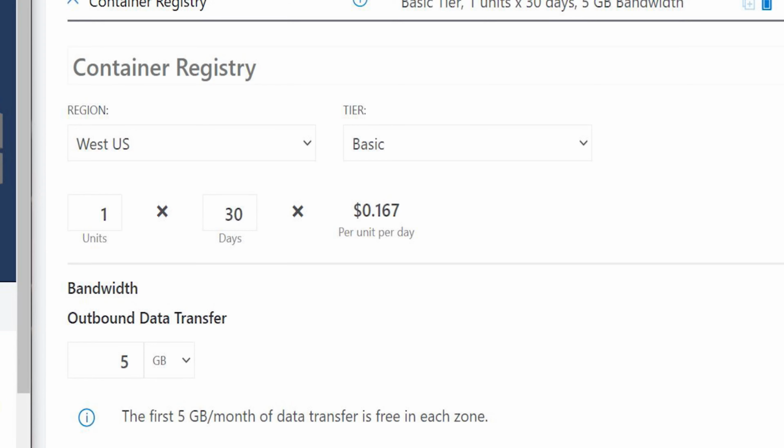So basic being 10 gigabytes as its top end, 1 unit equates to 10 gigabytes. If you were to pay for 2 units of the basic tier giving you 20 gigabytes, which is again how I was saying earlier, there is an incorrect way to look at it, this would land you at $10 per month, whereas the previous example landed you at $5.90 per month, which is actually the correct value. So it's really confusing why they decided to list this as units and why you would want to pay for units in this way rather than just entering how many gigabytes you want to use and letting them do the math. I think this makes the whole experience rather confusing.